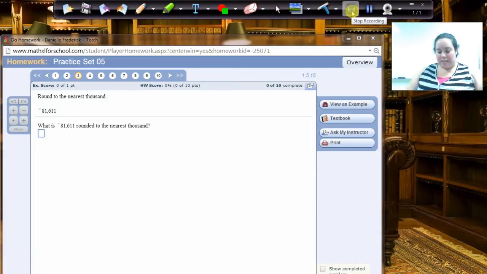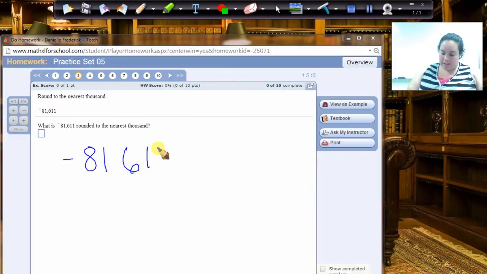Round to the nearest thousandth. Negative 81,611. So where is the nearest thousandth? Okay, this place. So when it says round to the nearest thousand,